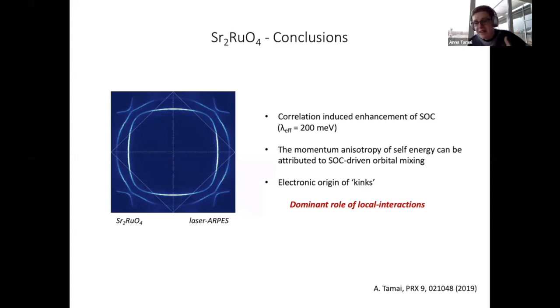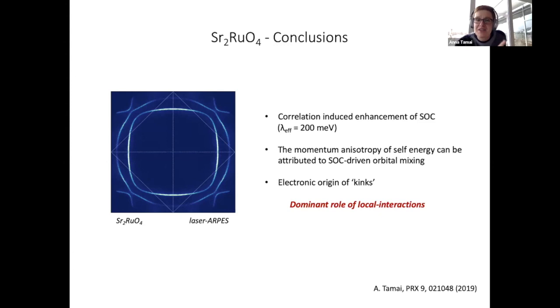And these kinds of kinks that you seem to see in the experiment are actually all related to the frequency dependence of the electron-electron correlation. What is most surprising is that the orbital seems to still play an important role in this Fermi liquid at low temperature. And yes, I wanted to show you two more things, but I just tell you,